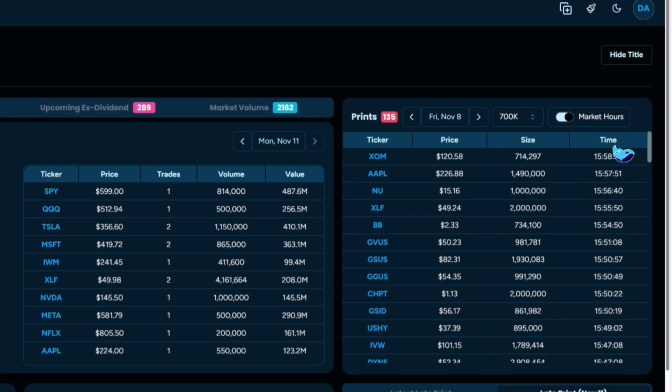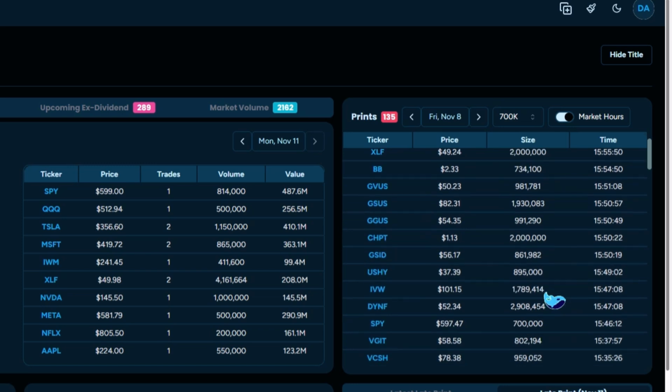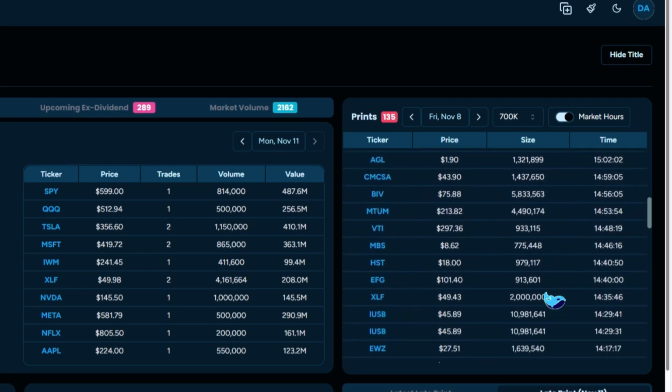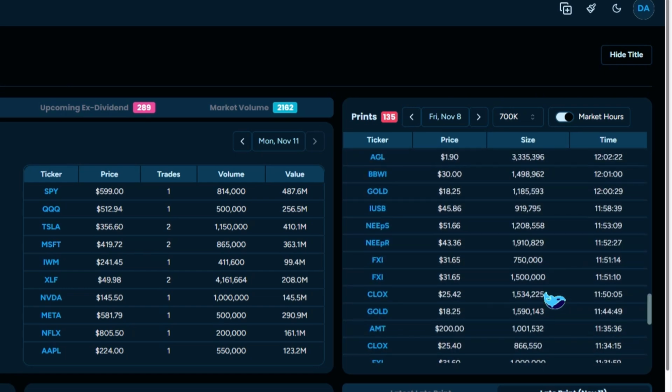These are by default sorted by time, which is newest to oldest. So close to the end of the bell, we could see 2 million on financial ETF, XLF, NU, 1.4 million on Apple, 2 million on CHPT, things like that. So you can scroll down and see what actually happened during the day to get an idea of what's happening